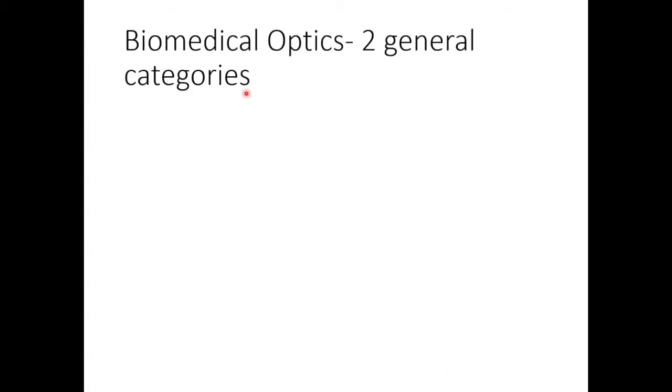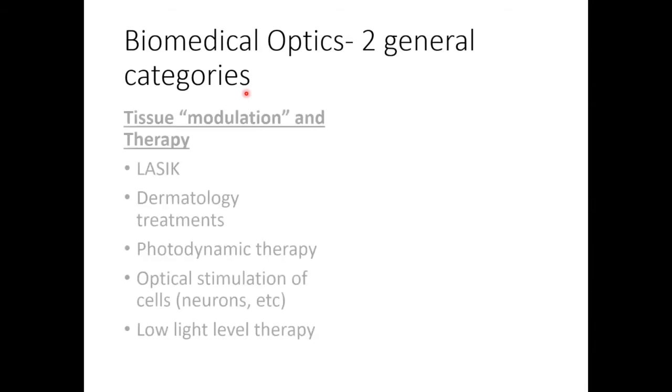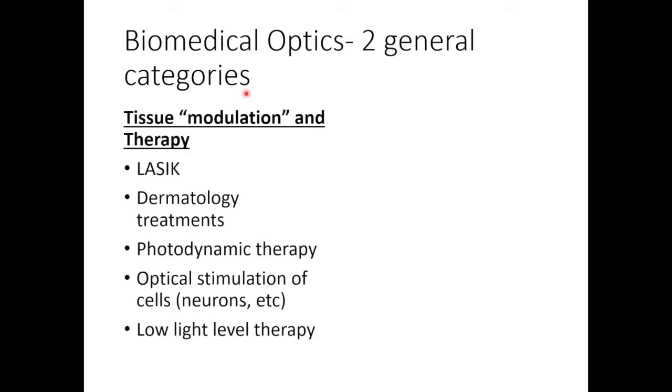So very broadly, I like to lump all sorts of applications related to biomedical optics into two different categories. The first of which, photomedicine, broadly encompasses using light to elicit some sort of actual change in the biological microenvironment. Oftentimes this is used for some sort of therapeutic application. Examples include LASIK and laser treatment of cutaneous lesions in dermatology. In cancer treatment, photodynamic therapy has taken off quite a bit. And there are burgeoning fields where you can use a laser to actually stimulate neural activity or some sort of therapeutic